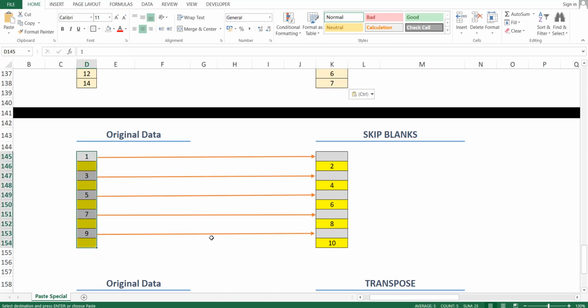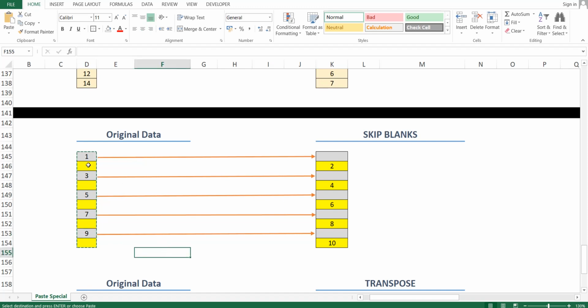If we perform a normal paste operation, we can see that all the values along with blank cells will get pasted as it is, but we do not want to do it this way. Let me redo this action. We have to just copy all the non-blank cells, skipping blank cells, to the desired location.